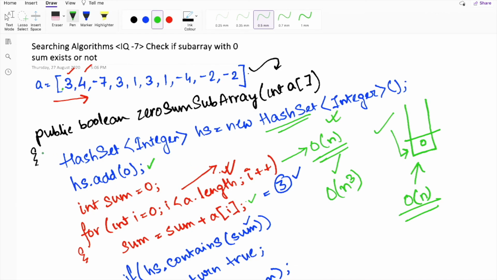Hopefully you have understood the solution to this problem. If not, please let me know in the comment section below. And don't worry about the code, I will also share the code in the description below. Feel free to download the code and understand the problem in depth so that you can easily solve this problem